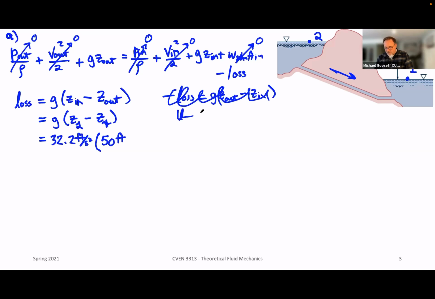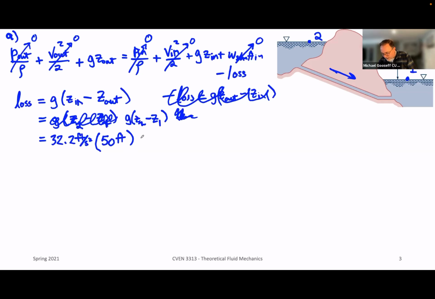Okay, so that looks terrible. So let me rewrite this. g times Z2 minus Z1. Right? Yep. Okay, and this just looks terrible. I was just trying to rewrite it to make it a little clearer, but it didn't come out that much clearer. Okay, so now we're just multiplying by 50 feet. g times Z2 essentially because Z1 is 0. And then